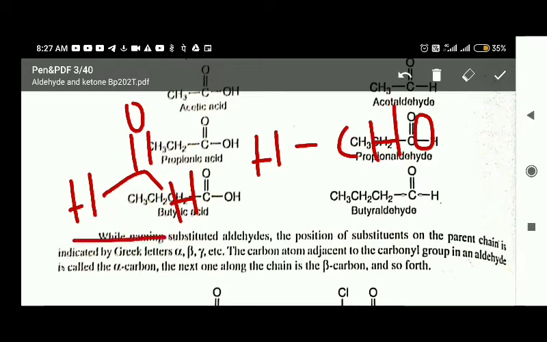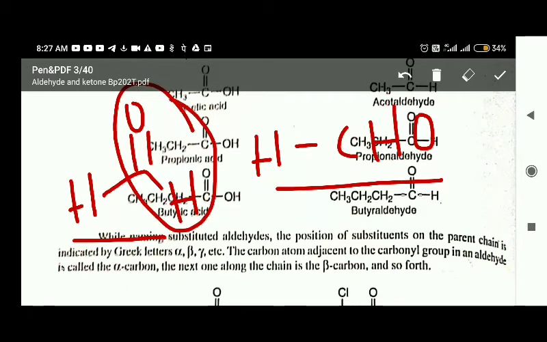This is HCHO, right? Okay, so see, this carbon is the functional group. What is the nearest alpha carbon? Does it have an alpha carbon? No alpha carbon. It is attached directly to the hydrogen, so this is not your alpha hydrogen. Keep it in mind: if a carbon is there, then only alpha hydrogen would be there. So this is an example of a compound which is not having alpha hydrogen.